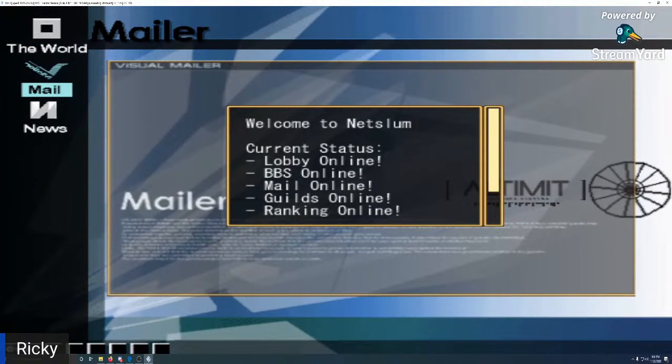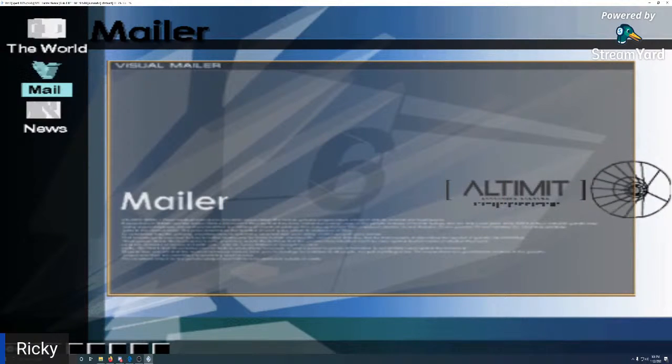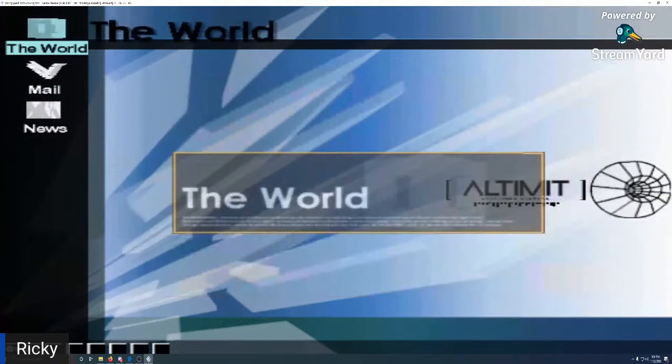And that's the little blurb from NetSlum letting you know all systems are online and operational, except for the news. But I believe they're working on that, or we're talking about working on it at some point. But literally everything else is functional in the game. So if you go up and click the world,